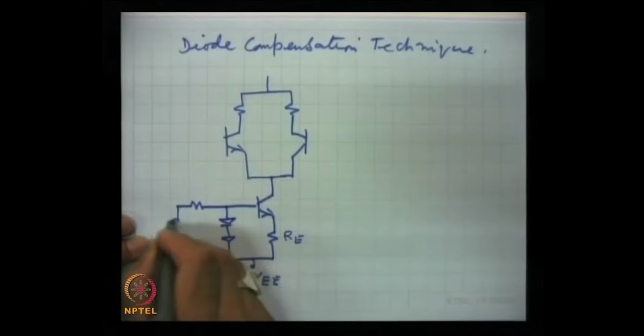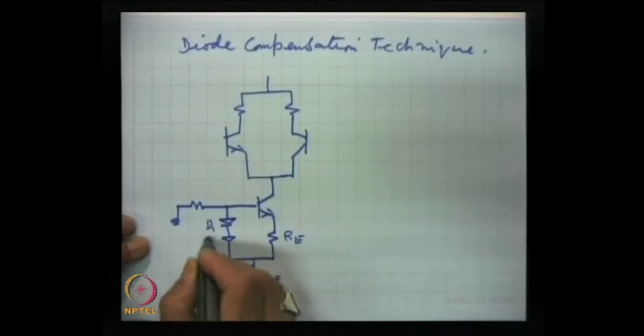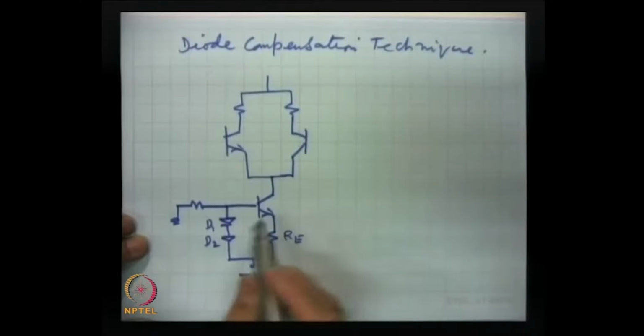These are the two diodes D1 and D2. So, the voltage here